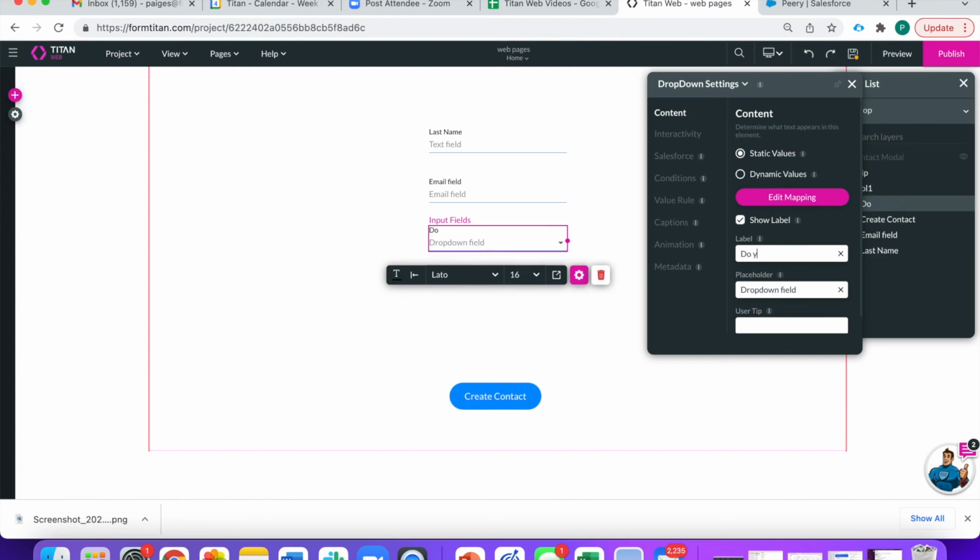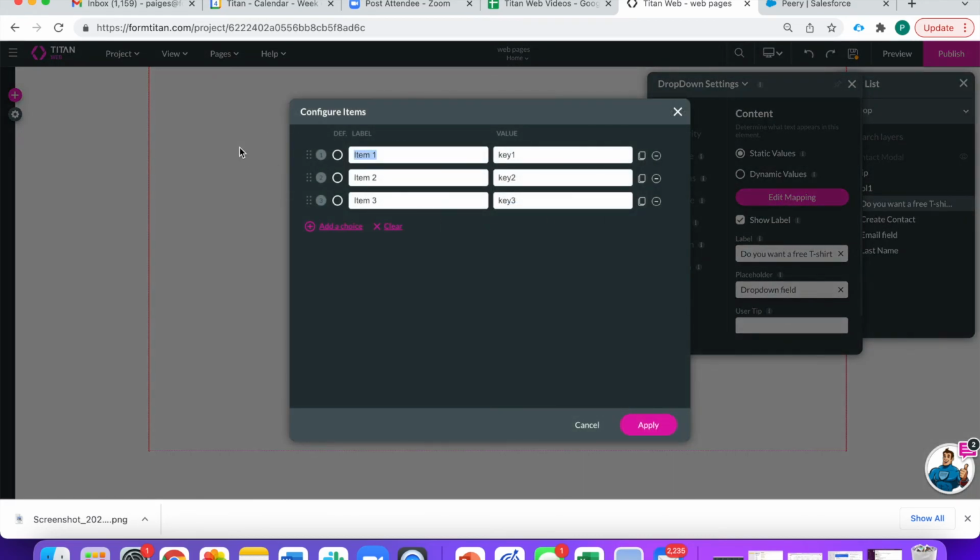It'll be, do you want a free t-shirt? And if they say yes, so this one will say yes, this one will say no. We'll get rid of this one. Apply,